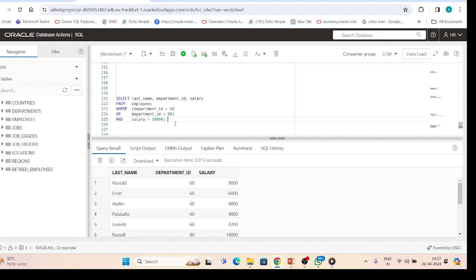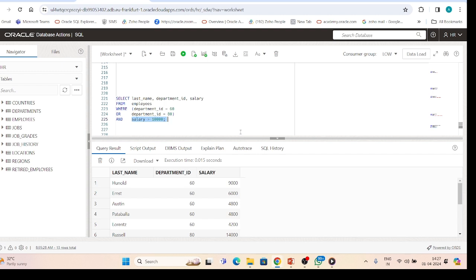Now what will happen here? The first condition will be that the department is either 60 or 80, and the second condition would be that the salary is greater than 10,000.